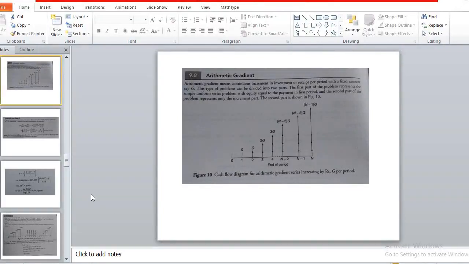Today in this video, we discuss arithmetic gradient and geometric gradient. These two terms we discuss here. The first term is the arithmetic gradient. So in this arithmetic gradient,